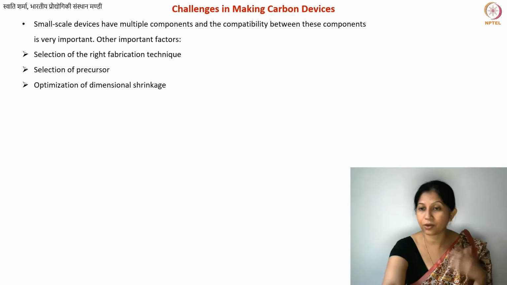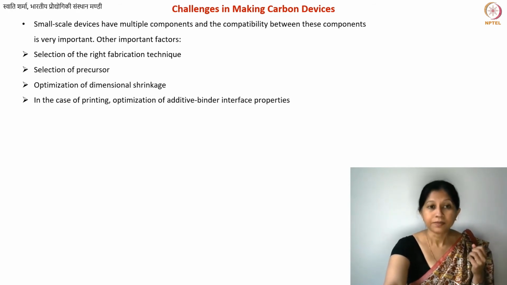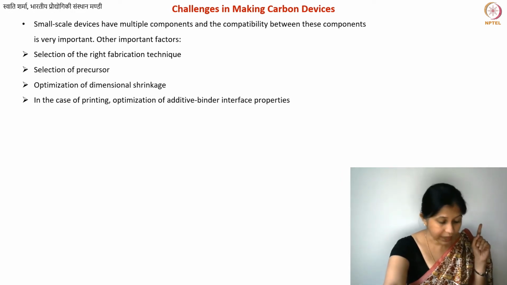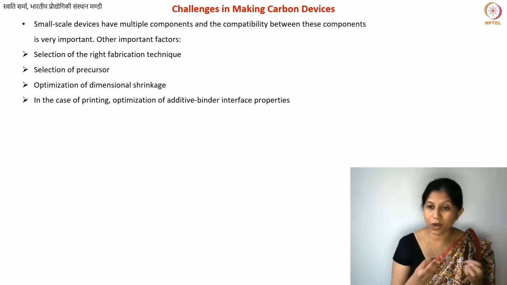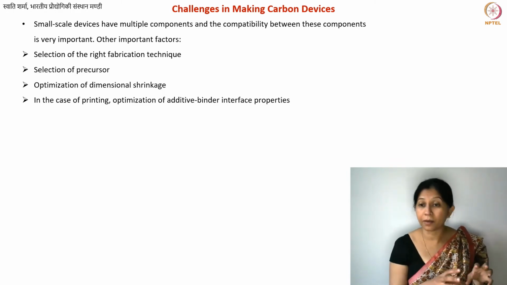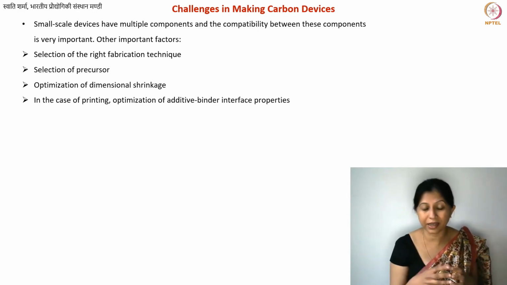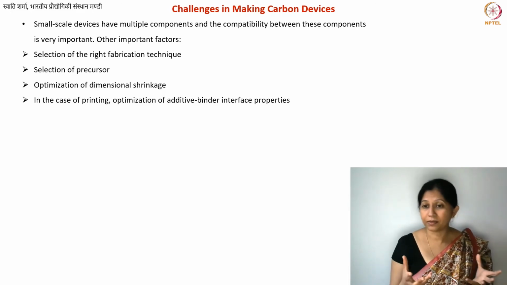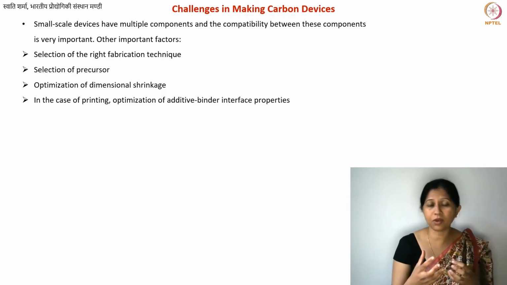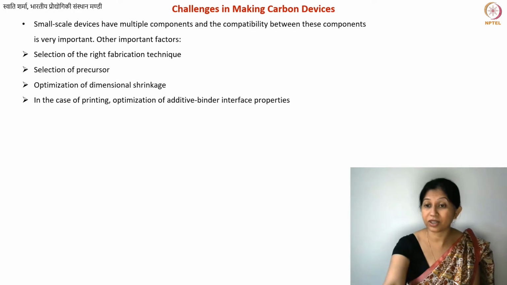You can do this, and then you can further, accordingly, make your polymer structure. In the case of printing, one very important thing is the interface. It is like all the composite materials. Whenever you're mixing one carbon material with some polymer, or any other material, even water for that matter, but typically you will use organic inks, organic binders in the inks. In that case, the interface properties are very, very important. Otherwise, your structures will peel off, or also, you will definitely not get the same properties as you expect.